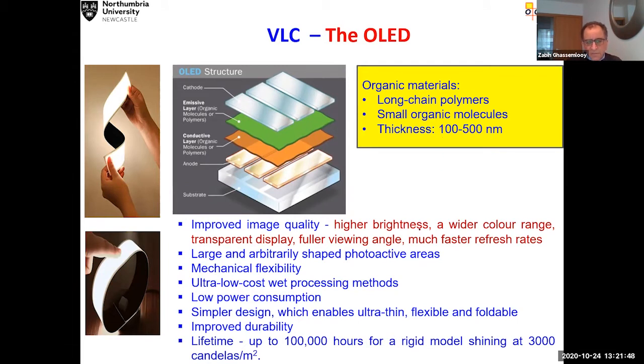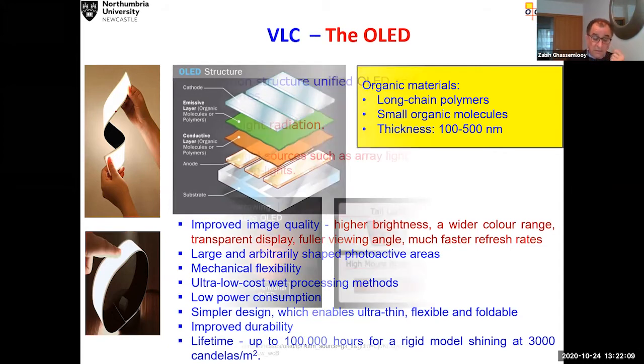It gives a better resolution, better image quality, mechanically very flexible, and so on. And they last over a much longer lifetime. And this is the beauty of it: how you can create a light source depending on your need, and then you can use the same light source as your antenna.